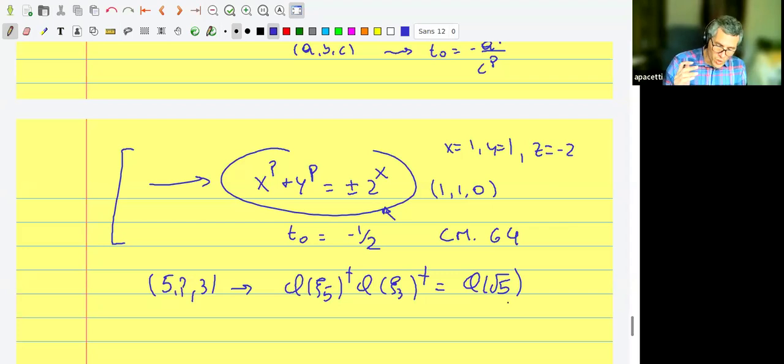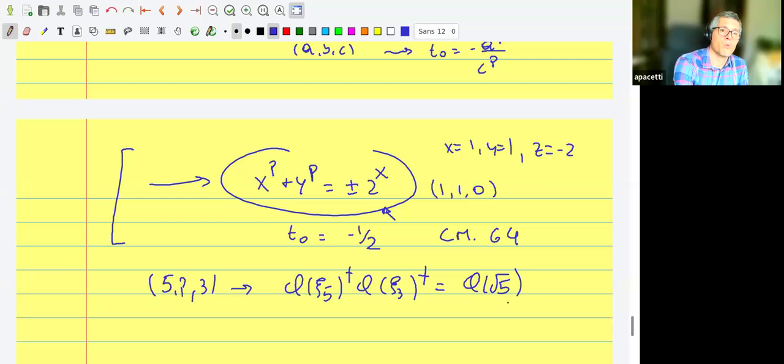Okay? Now, once you compute the spaces of modular forms, it is already happening in the literature many times that the spaces are empty. If this is not the case, of course, there are a lot of forms there, and now you would like to try to discard forms as not being related to solutions. And this is something that we don't know exactly how to do. There are some ideas